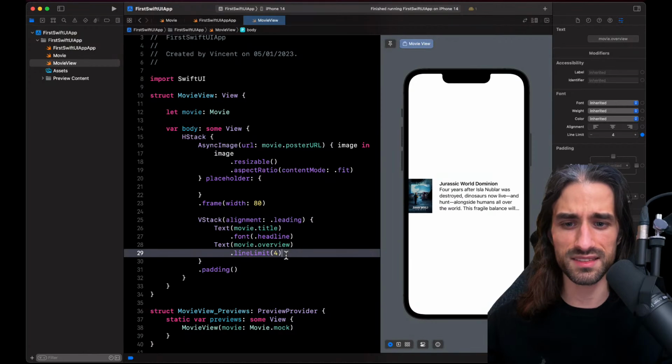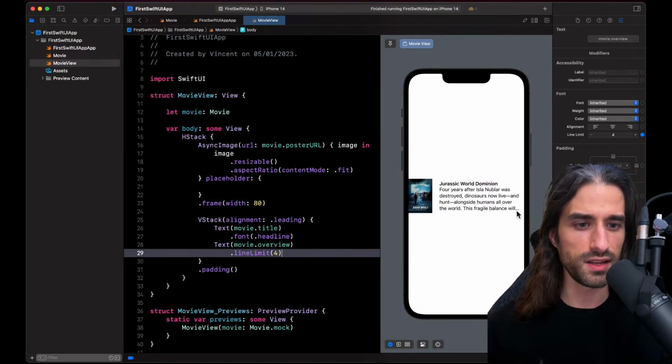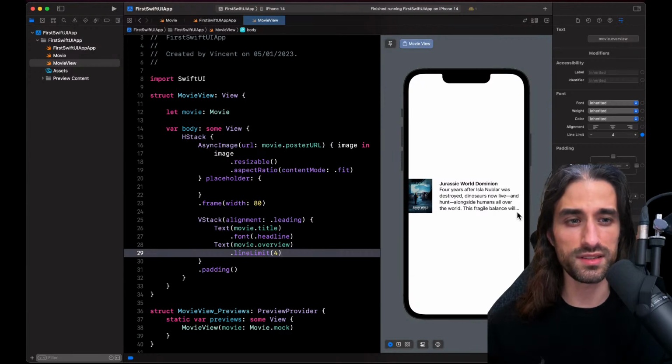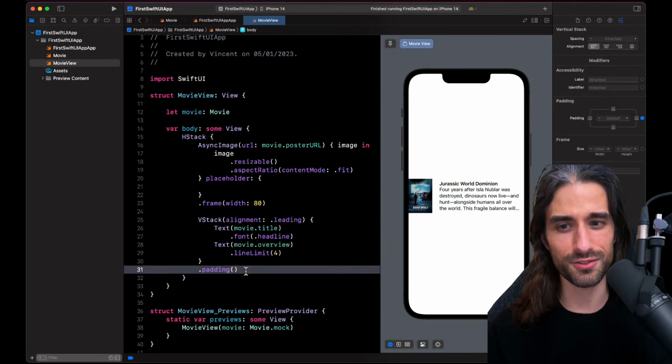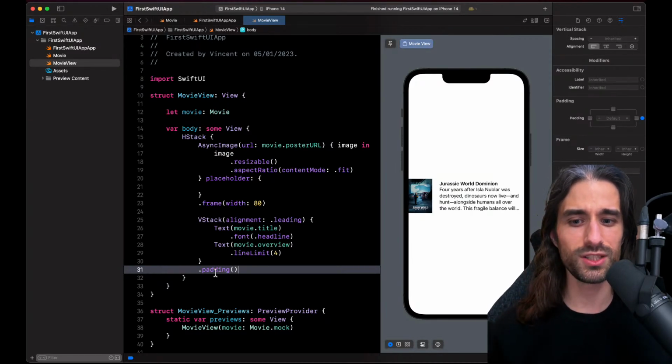And so now this text is limited to 4 lines, and if there is more text than can fit on those 4 lines, we will see some ellipses being added to let the user know that the text has been truncated. Okay, so now we have something that actually almost looks like a usable row for a list. The only thing that's not good yet is this padding modifier, because when I embedded the vstack inside the hstack, what happened was that all the code of the vstack and all the modifiers called on it went into the hstack, including the padding modifier.